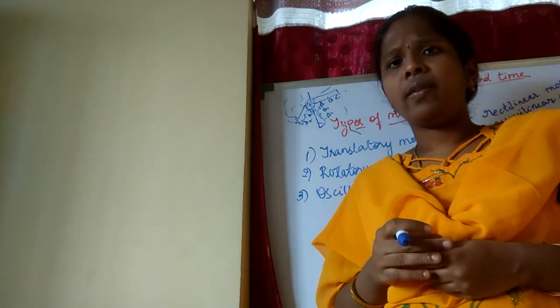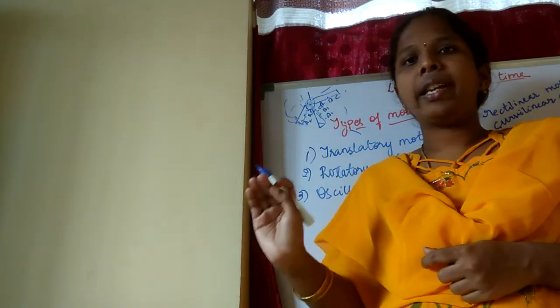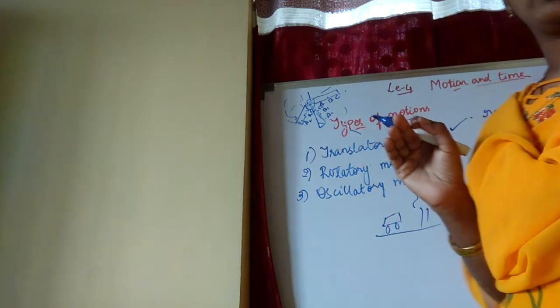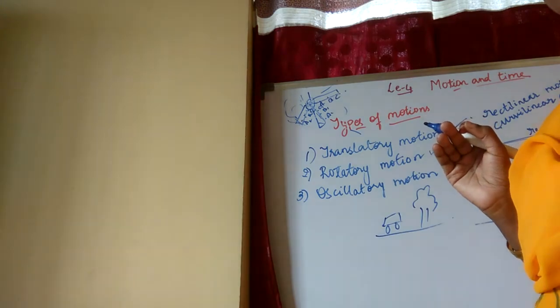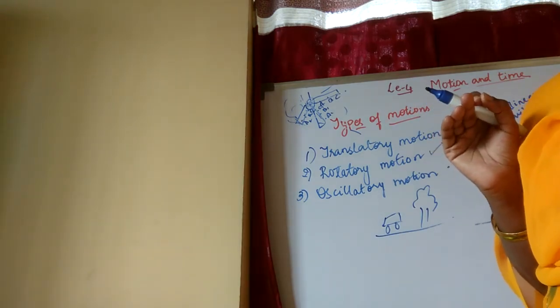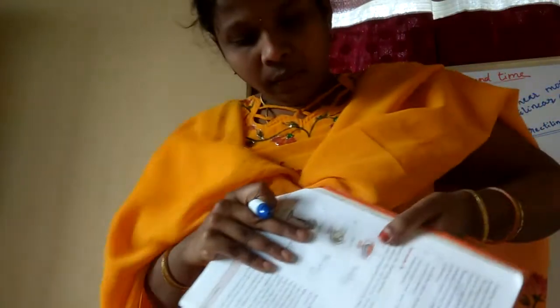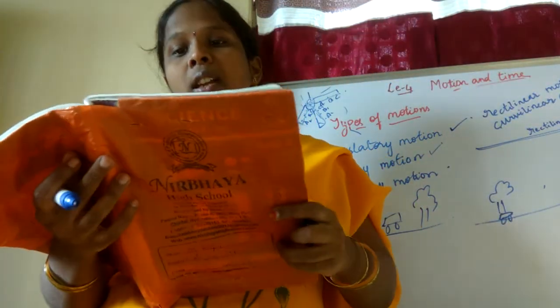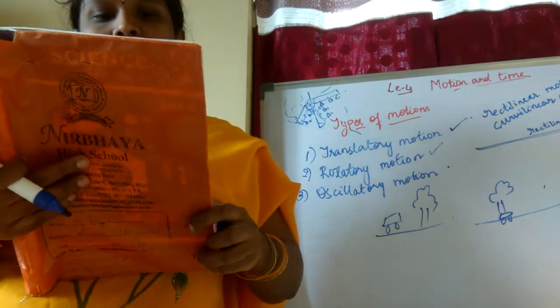Whatever the center will be, depending upon that, if it is moving in a circular path, then we can say that it belongs to rotatory motion. If you are seeing this down, observe the figures they have given. First they have given the top, globe, fan, and the potter. So these four figures are there, no?